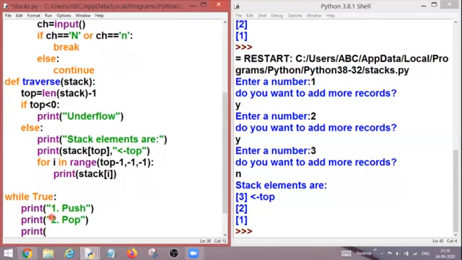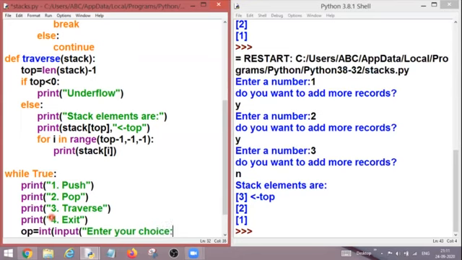Then third is my traverse. And then fourth, I can write as exit. Fine. That's it. And now take an option. Option is equal to int input, enter your choice.